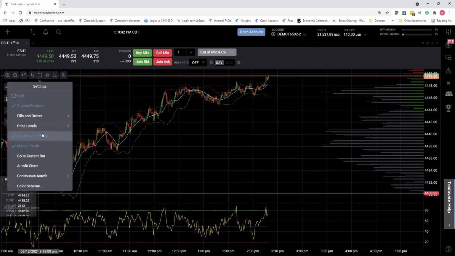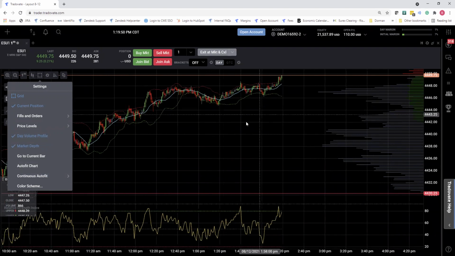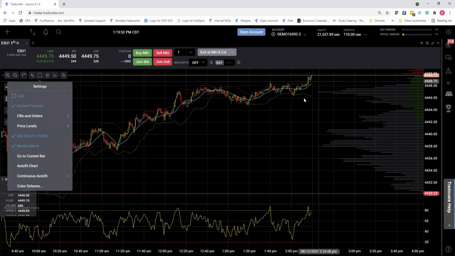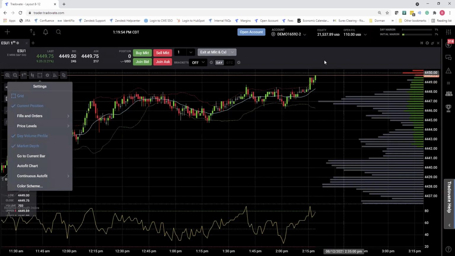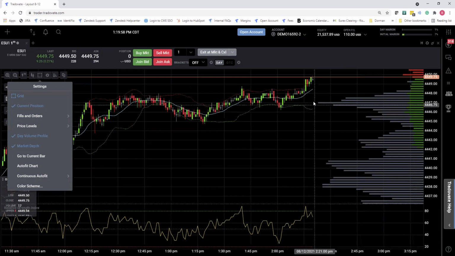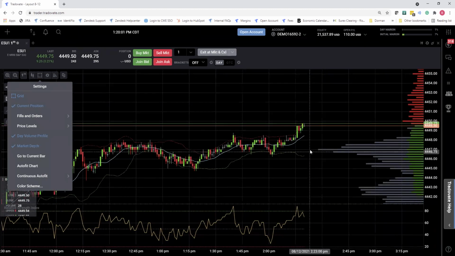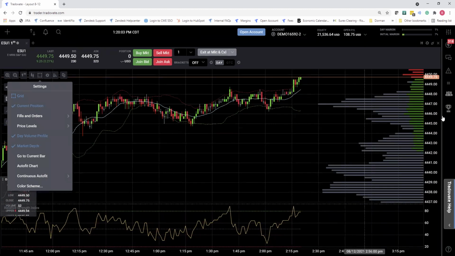Apart from that, there's the continuous auto fit. This is something that might be useful to sometimes turn off, and I'll explain why. So right now, let's just say you wanted to place an order or check the price above the current price. Now, clicking and dragging will allow you to do that. However, you can see it snaps back. Or if you wanted